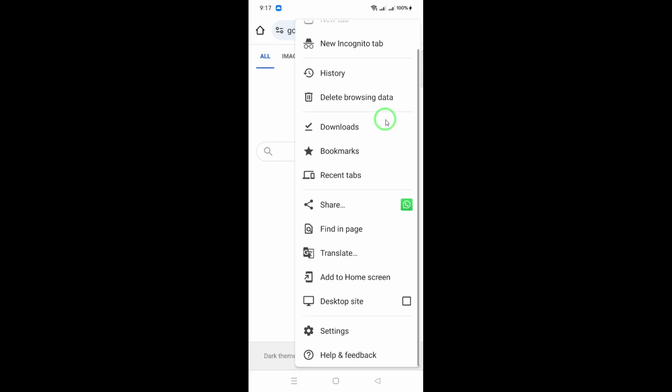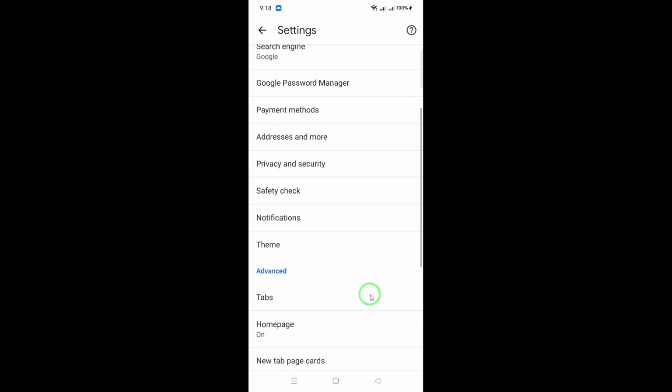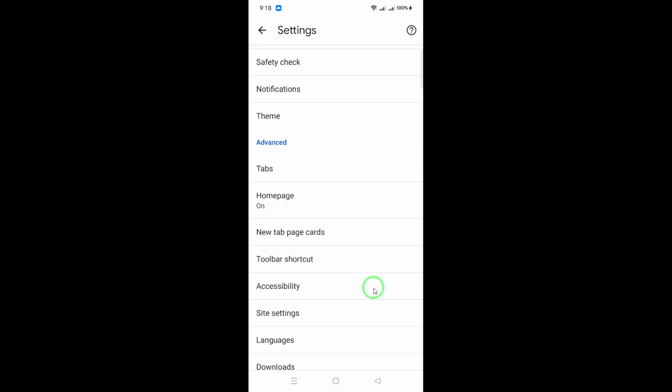From here, scroll down and select Settings. This will take you to the Settings page where you can customize various features of Chrome. Once you're in the Settings menu, look for the section